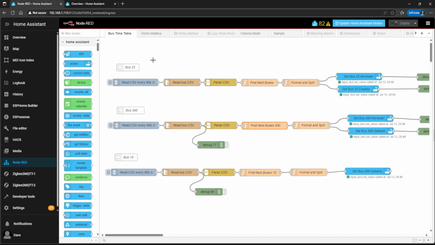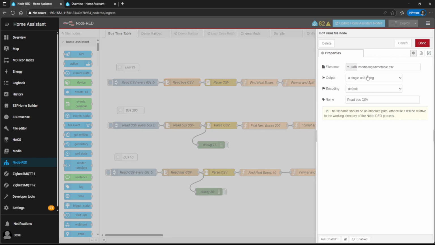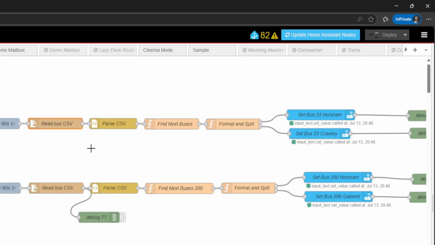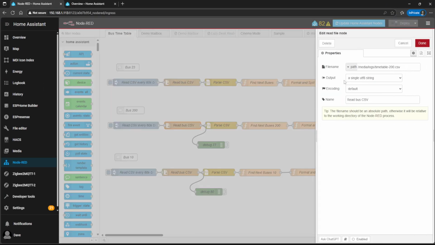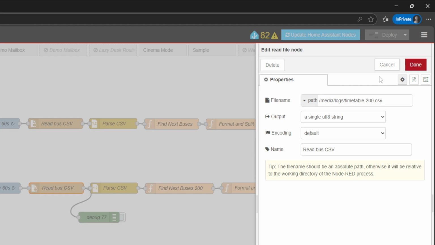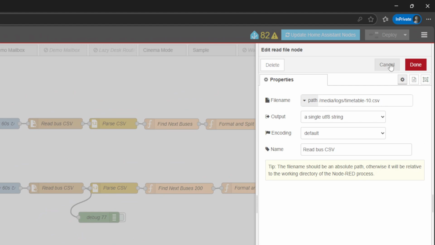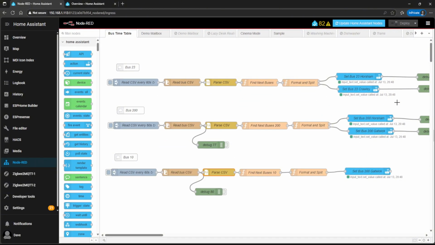So what I've done is got 3 CSV files. One is for bus 23, one is for bus 200, and one is for bus 10. That then reads the CSV file, which is this part here, and you can see that's the location it's pulling it from. So you've got timetable, which is bus 23, and then for the other one, 200, it's called timetable 200, and then for bus 10, it's known as timetable-10. These process flows are more or less exactly the same, so I only really need to show you one of them. If I go to this function node here,